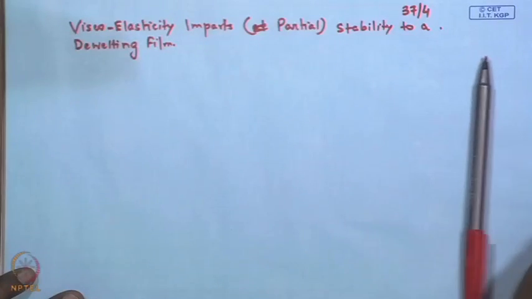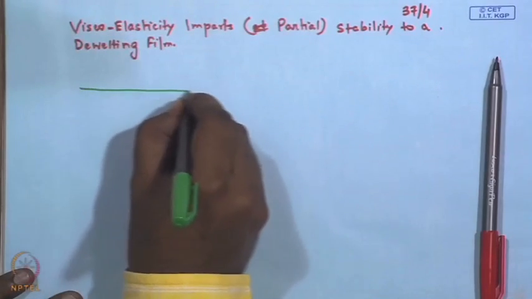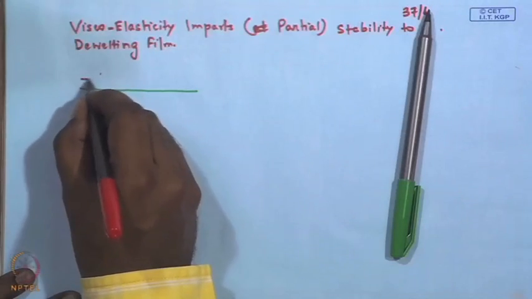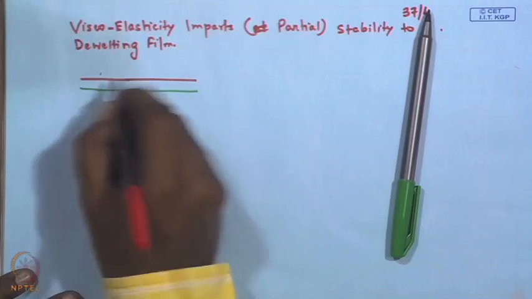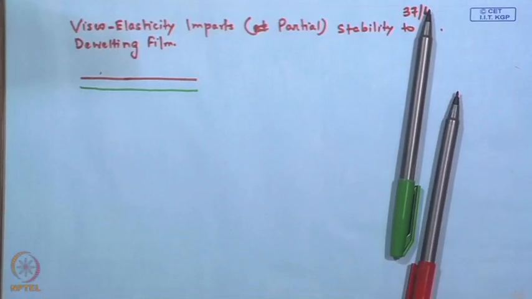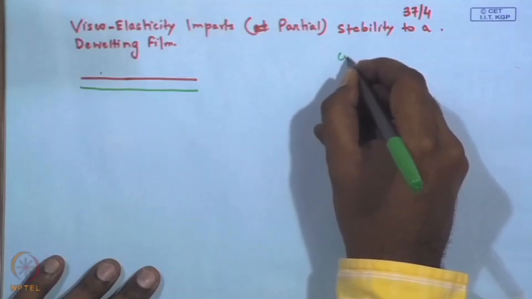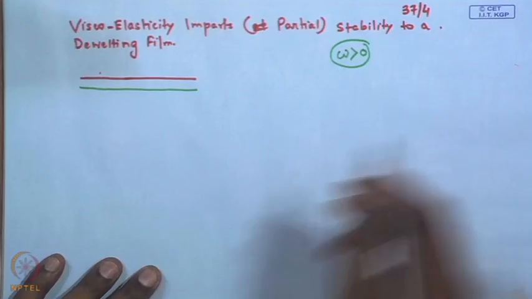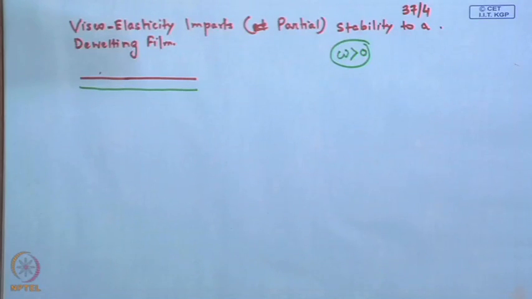The other very important aspect of research on dewetting is to understand the mechanism that leads to this instability and then work out strategies which can suppress dewetting. Because this morphological evolution is perfectly fine for understanding the physics and is very rich, but the moment you get omega greater than or equal to 0 from your linear stability analysis and the characteristic equation, what it implies is that